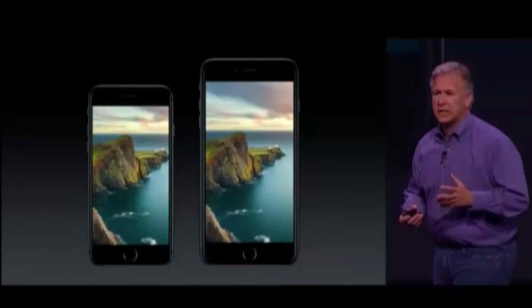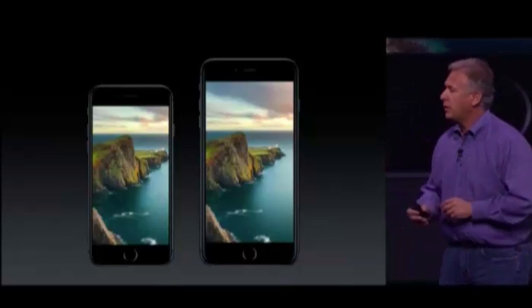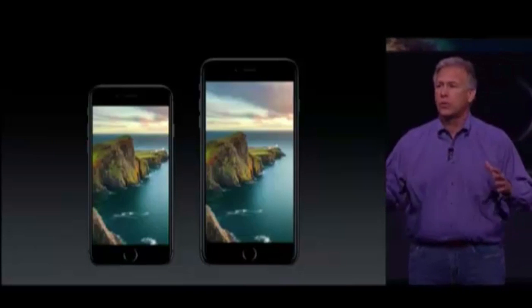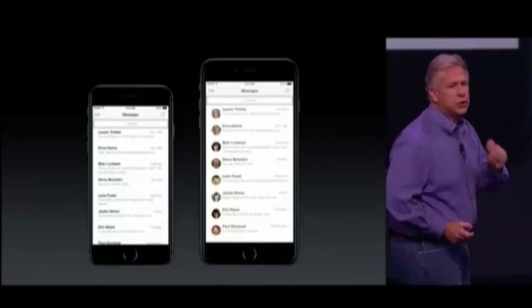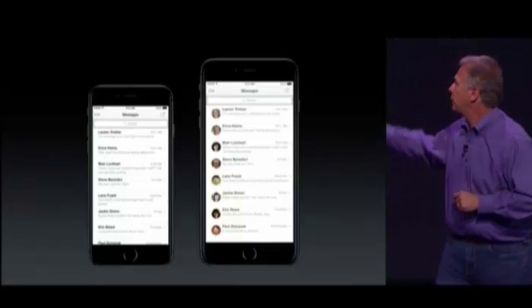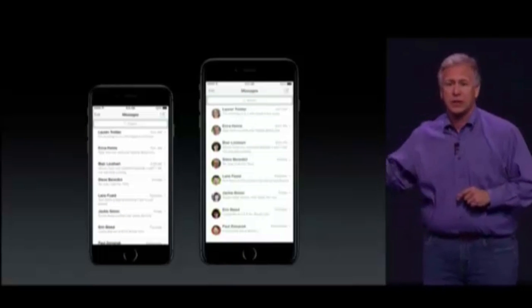The contrast is higher, the blacks are darker, the angle of view is broader. Your photos look gorgeous, and there's more to see on each of them. The text is incredible too, even sharper and more of it. You can see here in the Messages app. The iPhone 6 displays more than before, and 6 Plus displays more,